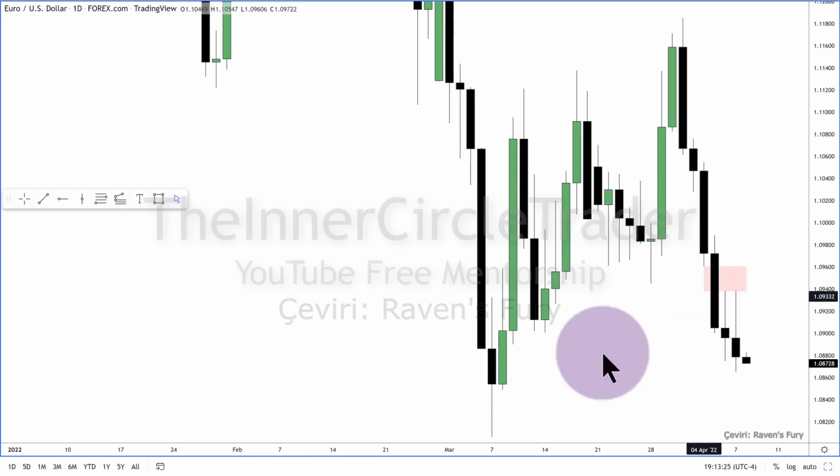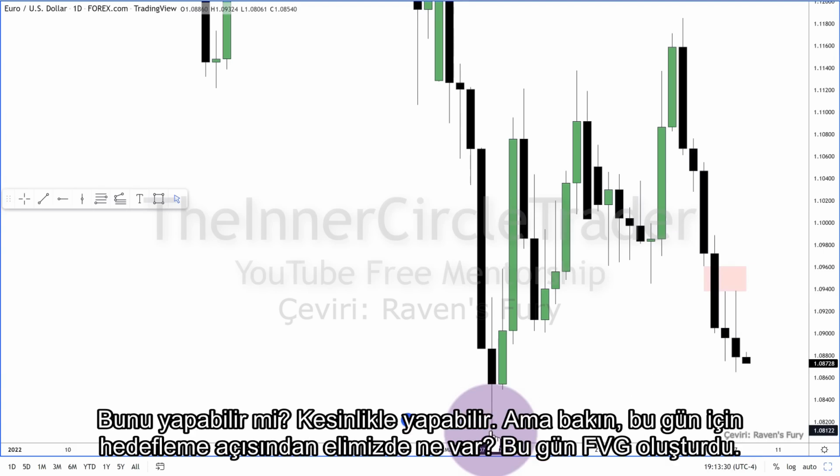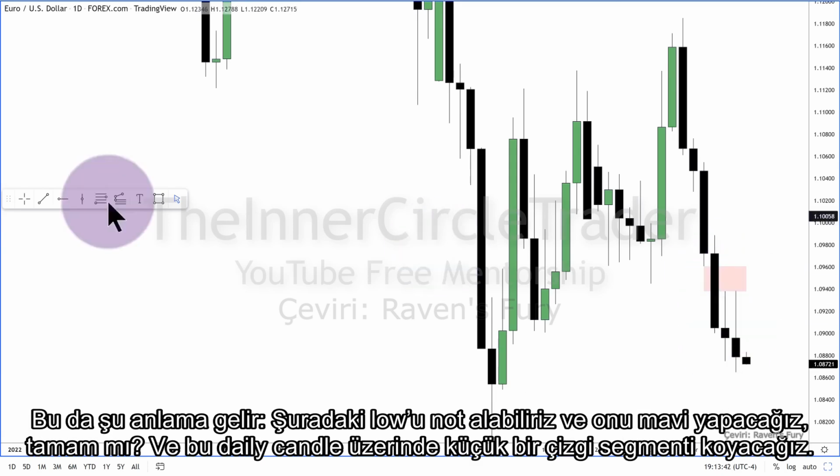This is an ideal scenario, that low. But it's not likely to do that in one day. Can it do it? Absolutely. But look at what is available in terms of targeting. This day here, it created the fair value gap. So that means we can go in